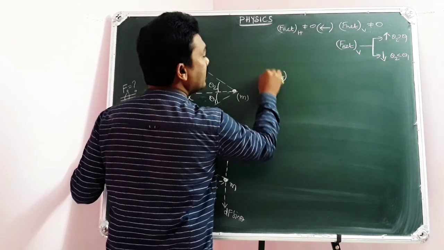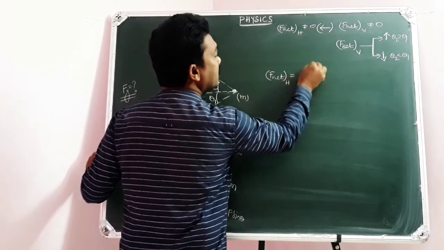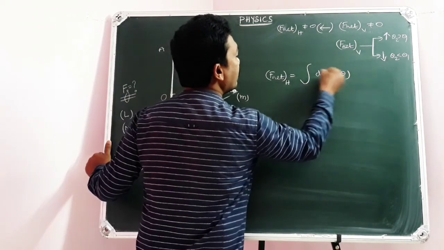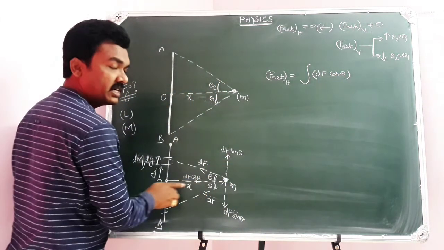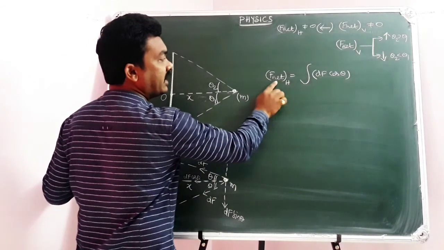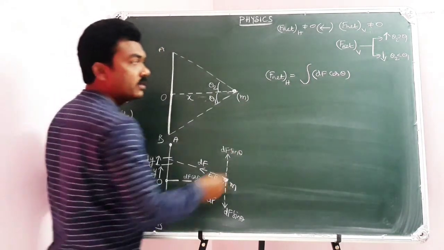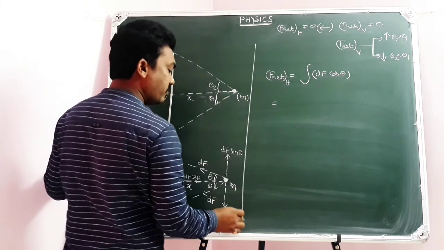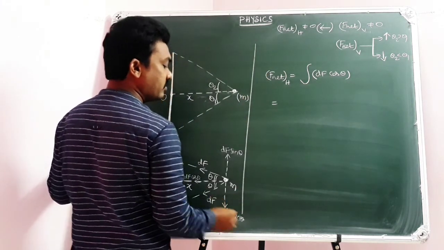Yes, coming to the point. The net horizontal force is the integral of dF cos theta. You have to integrate all the dF cos theta values, then you will get the net horizontal force. This is equal to, and here onwards the mathematical part will continue. This is equal to